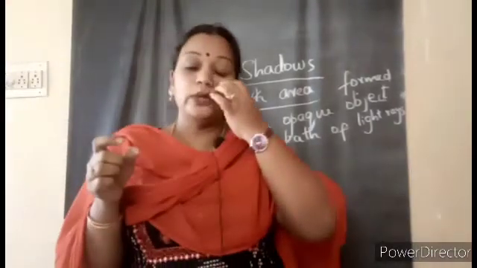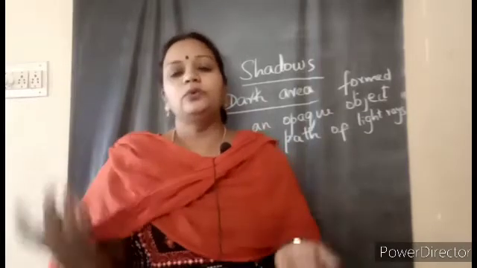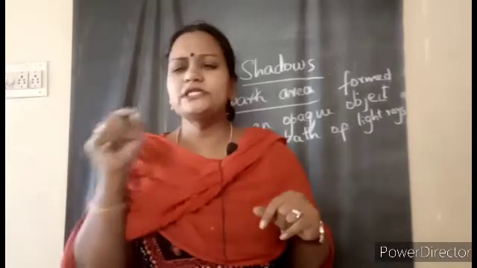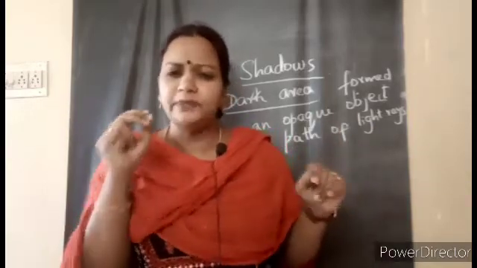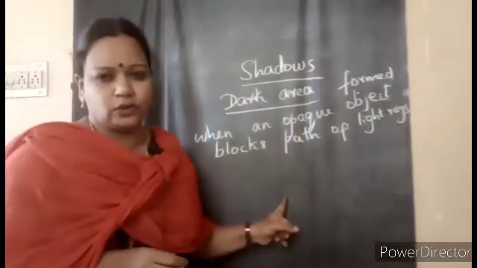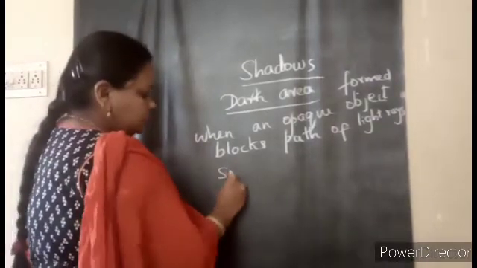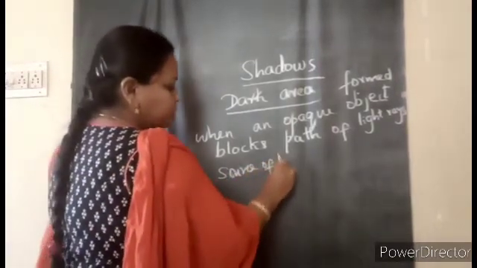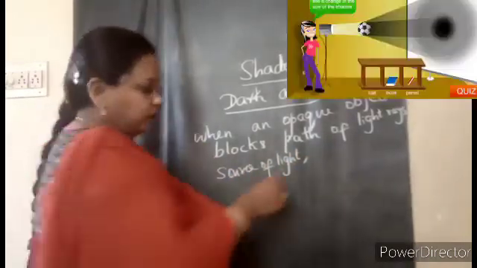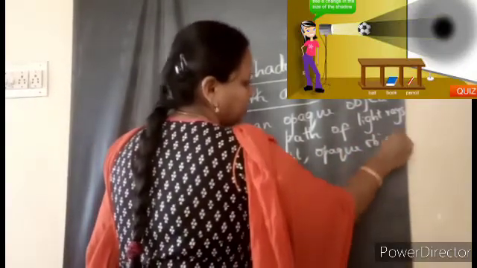Yes, like this you can keep a torch and collect different things, and enjoy seeing the shadows. So by doing this simple act, this is not a big experiment, just a simple activity, what did we learn, children? You know now what a shadow is. To form the shadow, what did we take? We took a source of light. The source of light was the torch, the flashlight from the phone, and also there was an opaque object, which was the green box or red box.